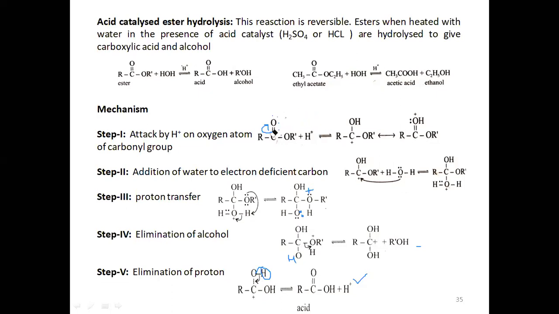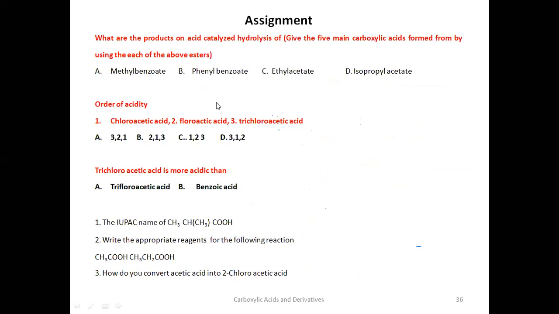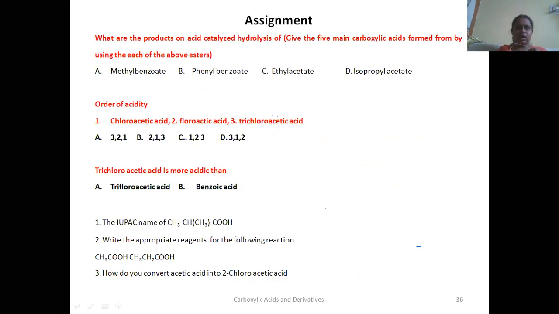So I think with this we have finished this chapter. Let me see if anything else is there or not. Okay, finished. In this chapter we have seen there are total 7 mechanisms that you have to learn. One is esterification and 2 are ester hydrolysis, one using base, one using acid, and 4 are name reactions, that is Schmidt reaction, Arndt-Eistert synthesis, Hell-Volhard-Zelinsky reaction, and Hunsdiecker. So these 7 mechanisms you have to learn.